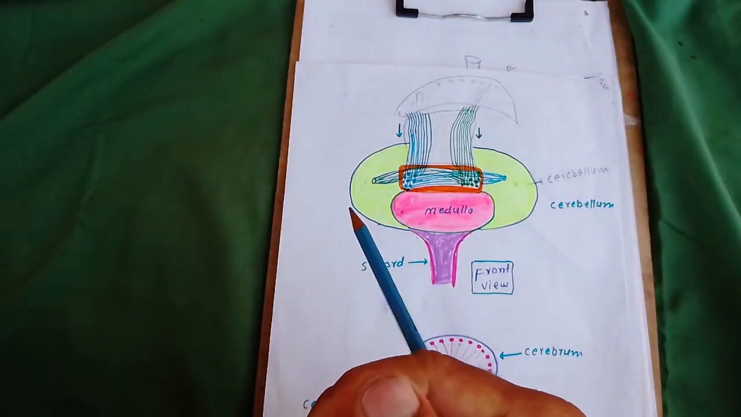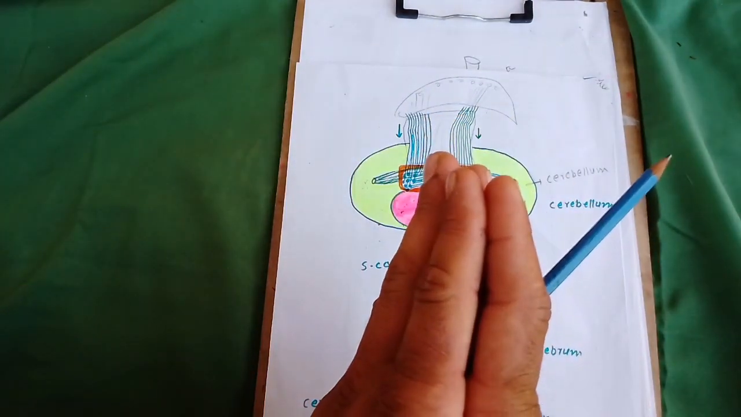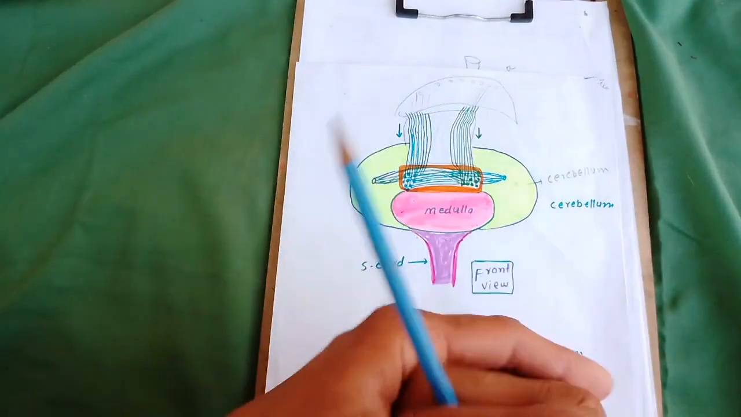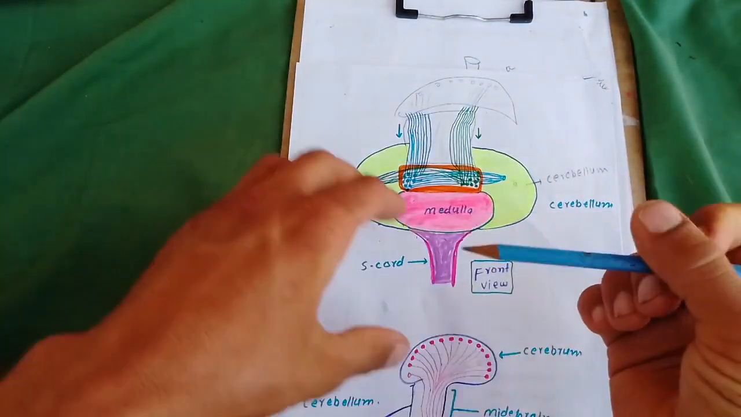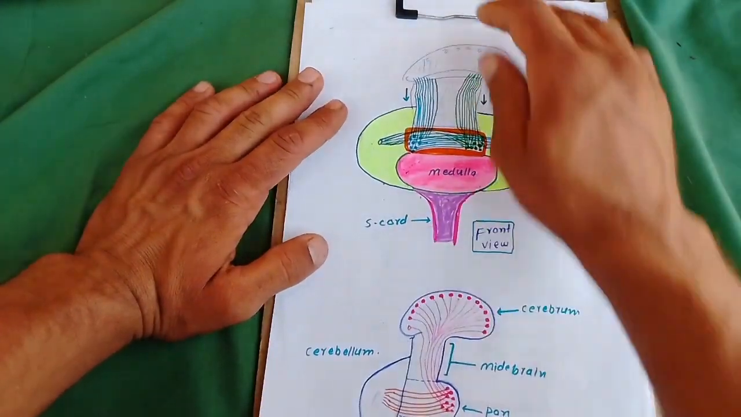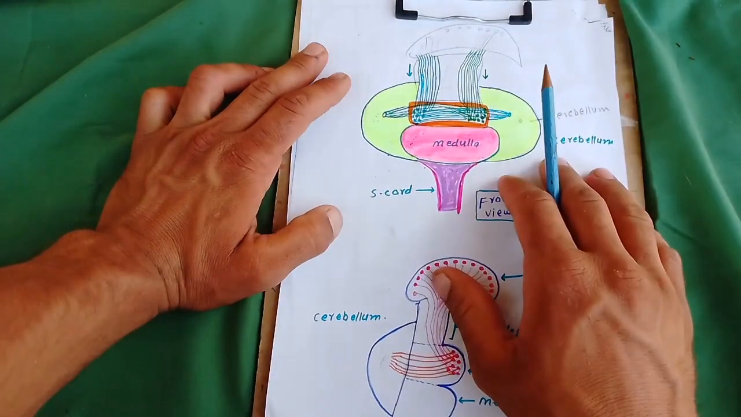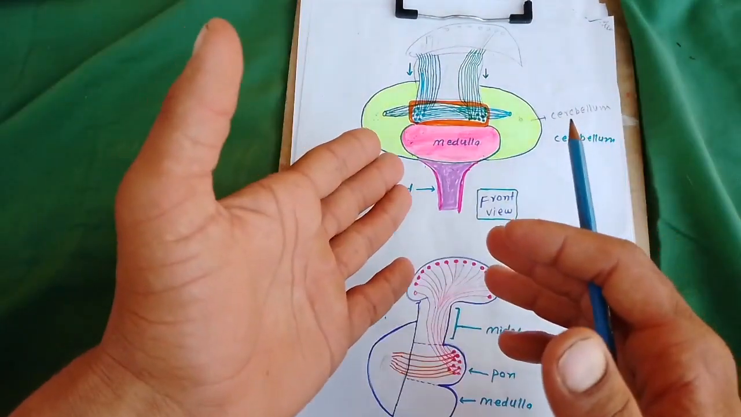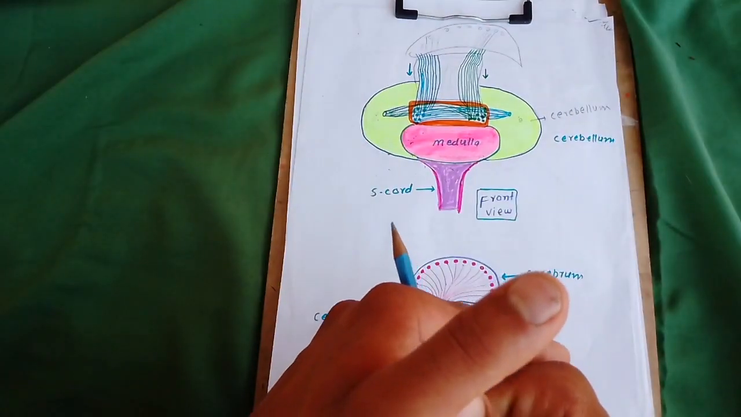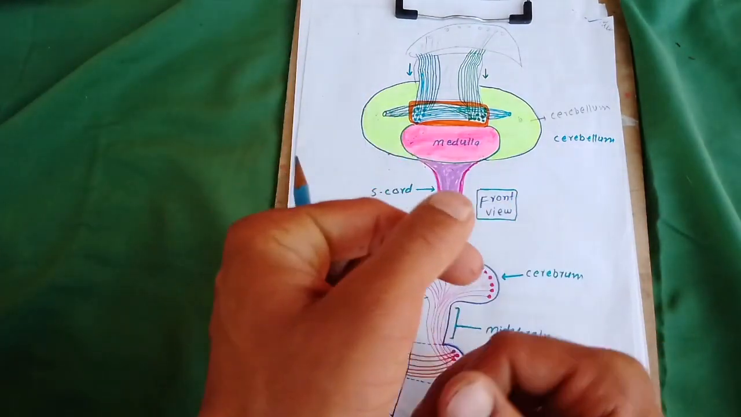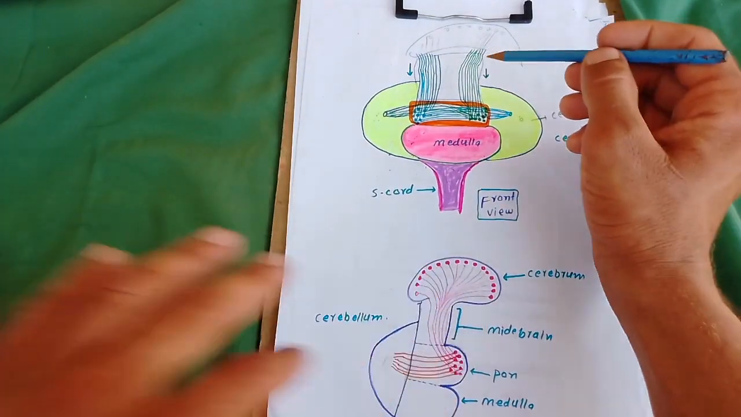Okay, so the pons is a bridge-like structure. This is the main function. There are many functions of the pons, but the pons is also the sleep center. There are many functions, but the most important function of the pons is to